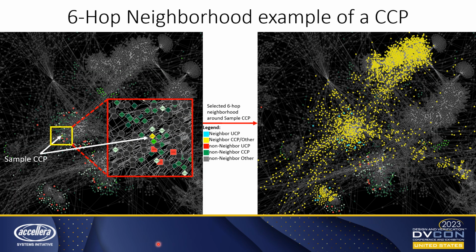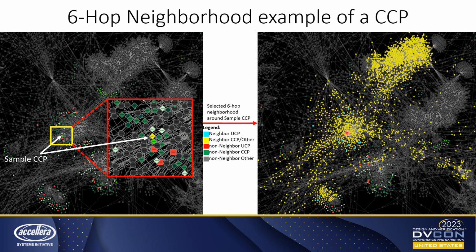So this slide shows a visual representation of the 6-hop neighborhood of a sample covered cover property. The covered cover property is sitting here, and if you zoom in around it, you will see some CCPs and some red UCPs around it. The figure on the right shows the 6-hop neighborhood of the covered cover property, which is sitting somewhere here. Everything colored yellow and blue here belongs to the 6-hop neighborhood of the CCP,